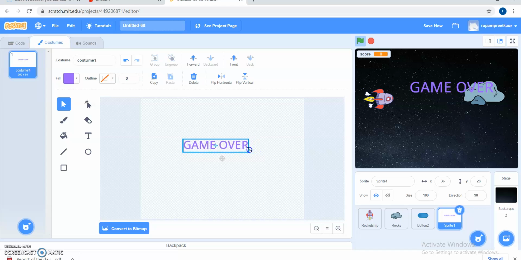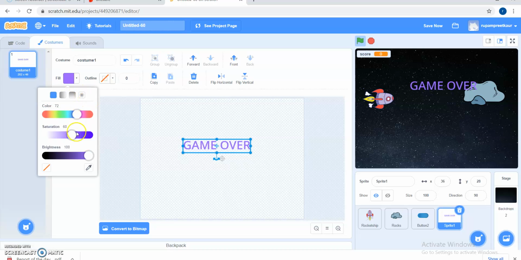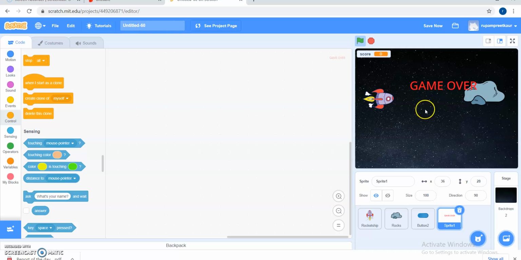You can reduce it. You can change the color of this. Here I am going to take red color. So you can change the color of game over. This is how we can create a sprite by painting it. So we have one more sprite, sprite 1. The name of the sprite is game over. So this is how you can create your own sprite,